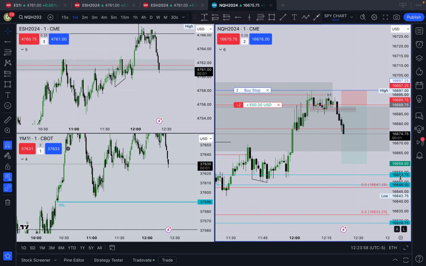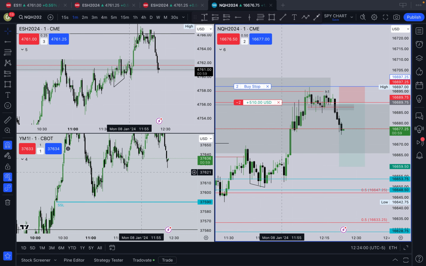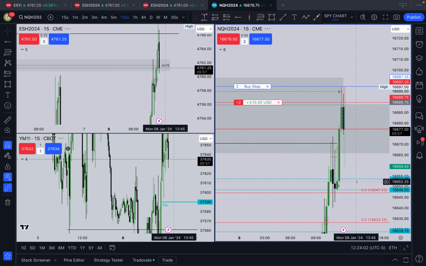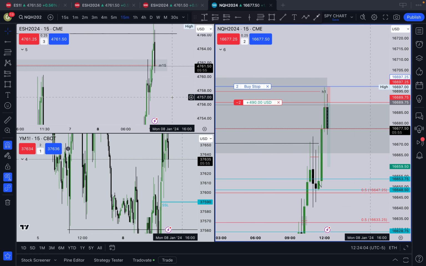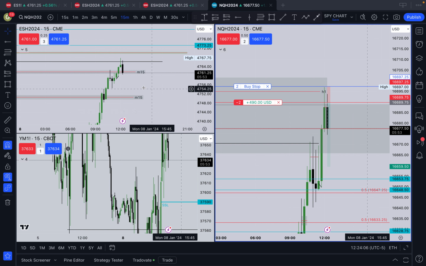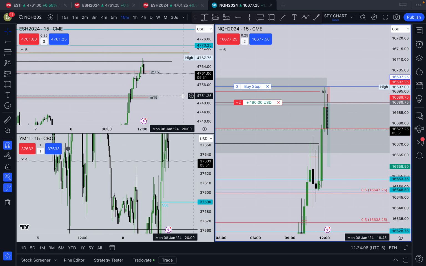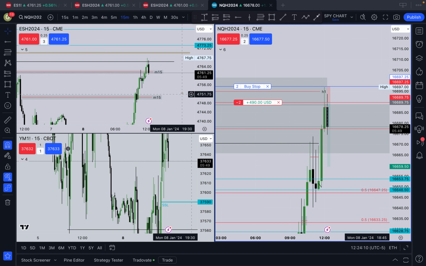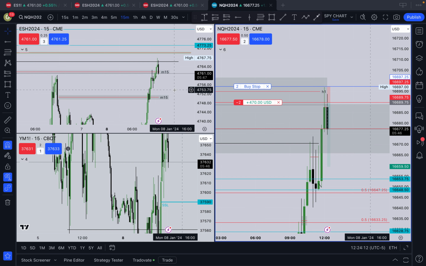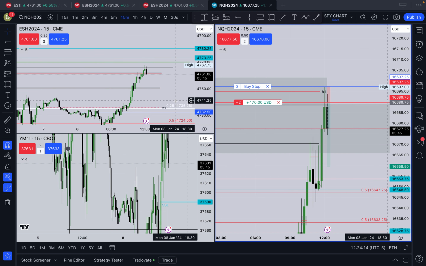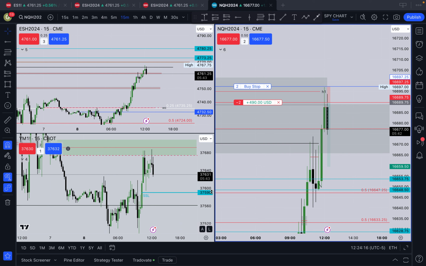Pretty decent. Let's look at the higher time frames real quick. Okay, so here's where we could be in a bit of danger, although I wouldn't count on it per se, just because it is the lunch hour. We're kind of due to retrace,